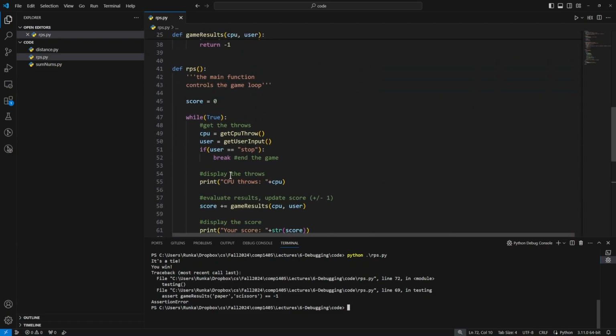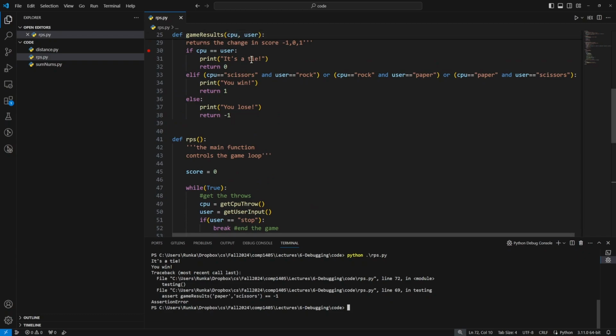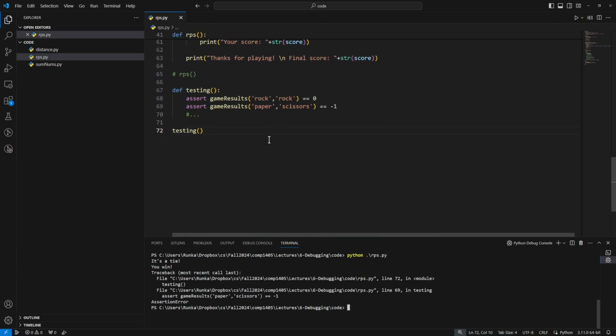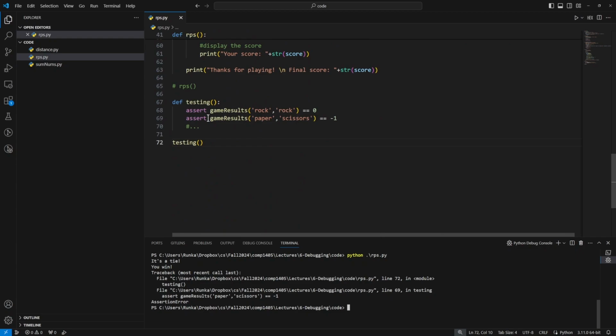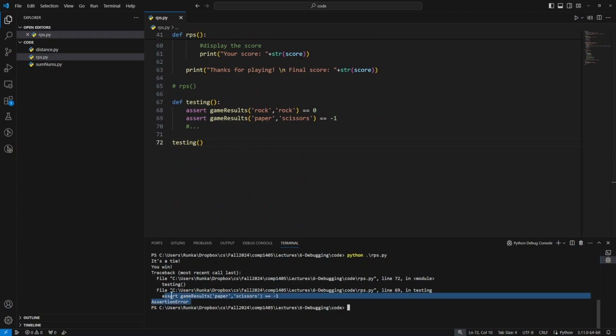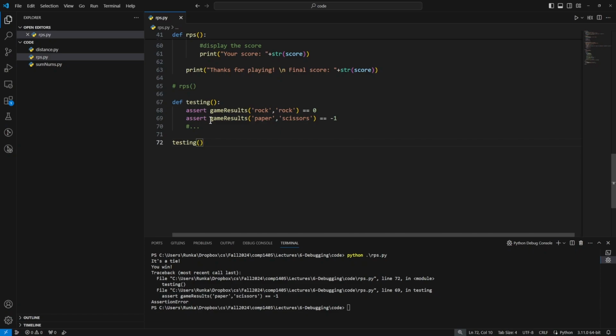Ah, yes, I did. The game results go CPU and then user, which perhaps I should have described a bit better. So in this case, I guess we get to see what an assertion error actually looks like because I wrote it backwards. If our assertion's wrong or if our code is wrong, then we get what's known as an assertion error. An assertion error is just Python crashing the code because of the thing we told it to do. It says, because this statement isn't true, then it's an assertion error. If we want to fix this one, we would put it in the correct order,